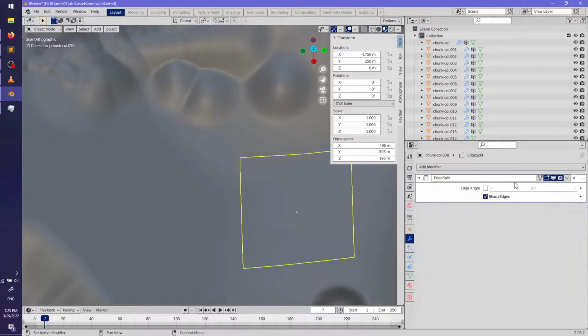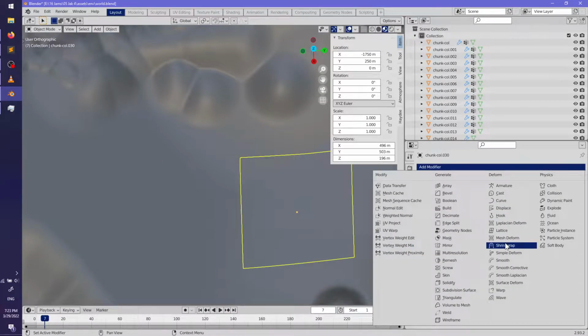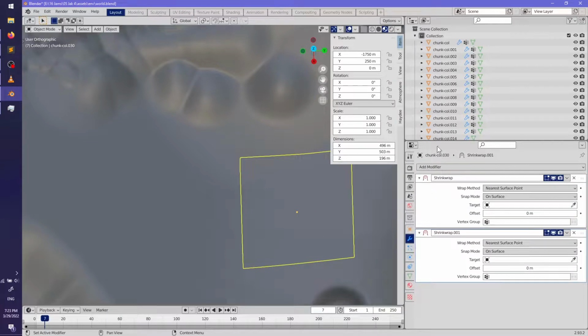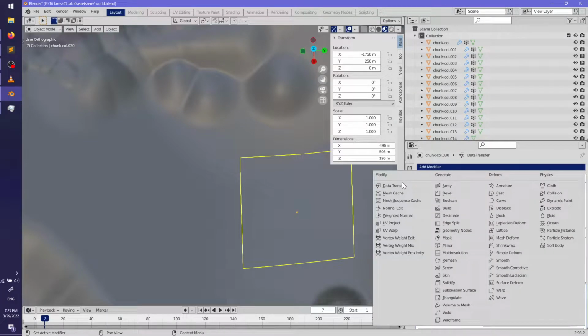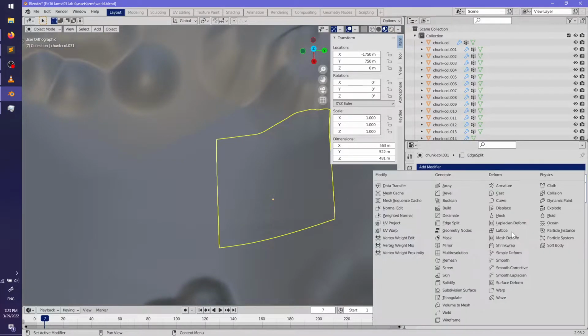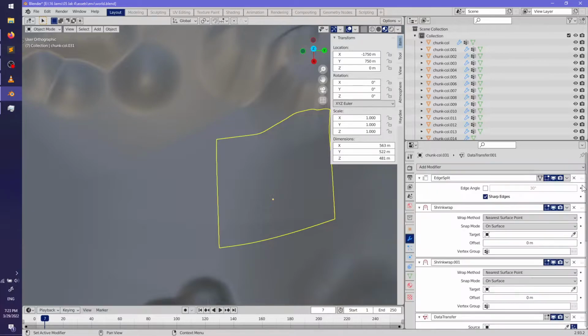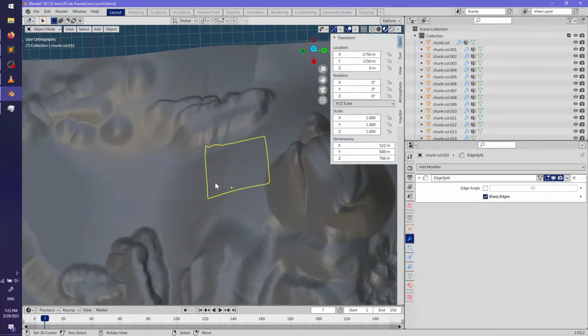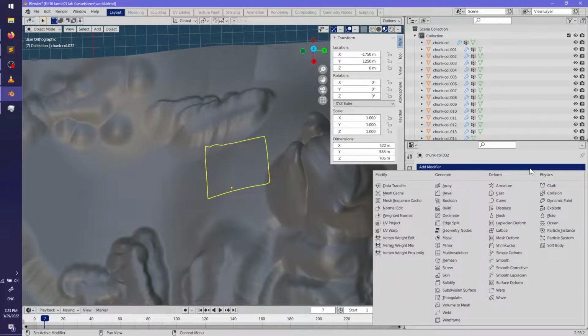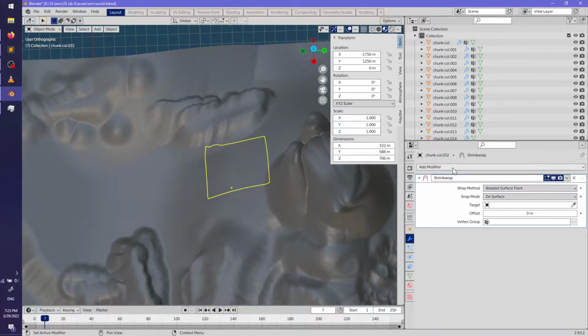Do I have everything? I should be faster at this. And then you know what I'm going to do after this? I'm going to apply auto smooth to all 144 of these, one by one.